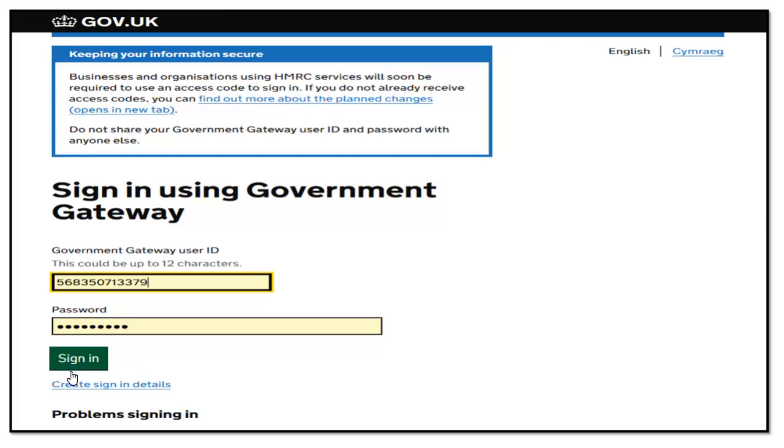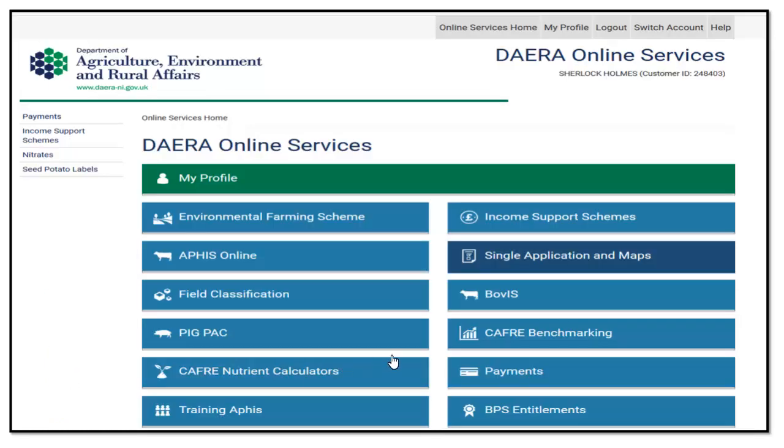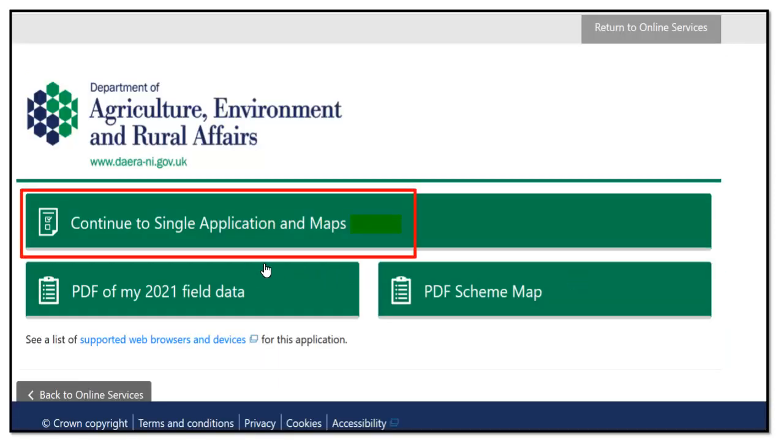So we shall sign in to our DERA online services account via the government gateway, and from the dashboard of available services we will select the single application and maps app. To access the single application and maps program, you simply click on the continue to single application and maps option